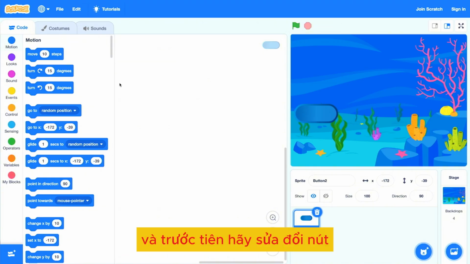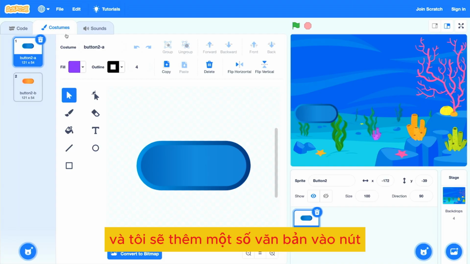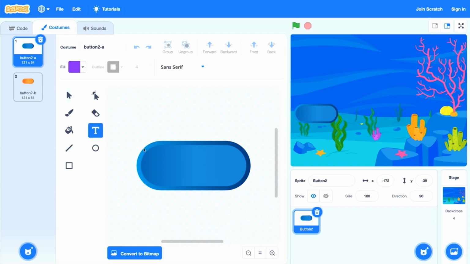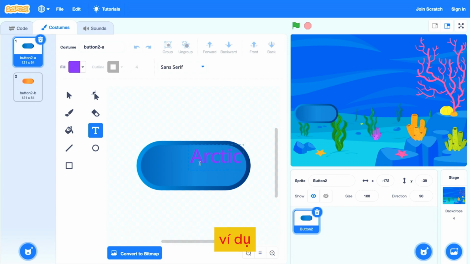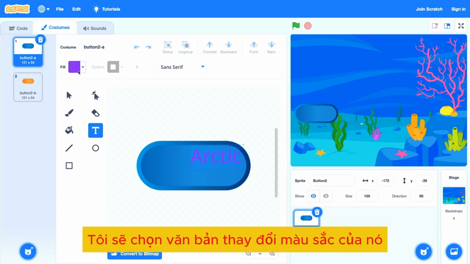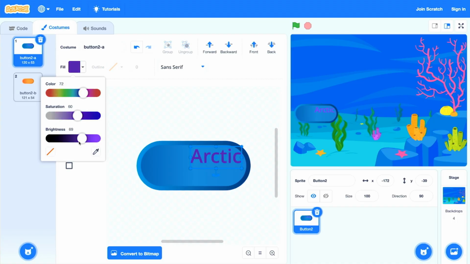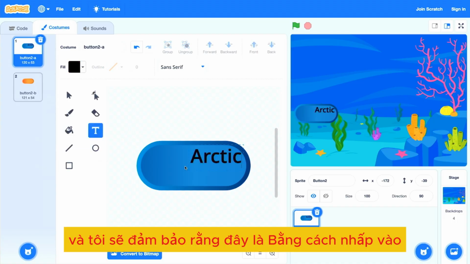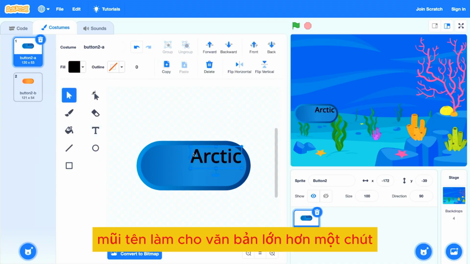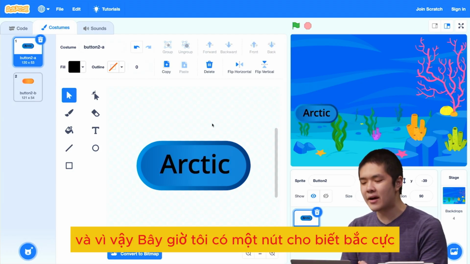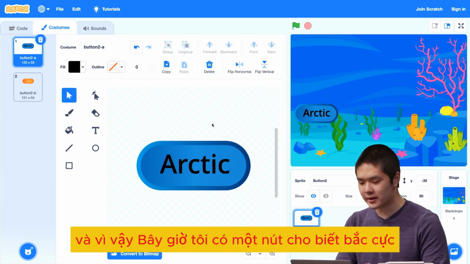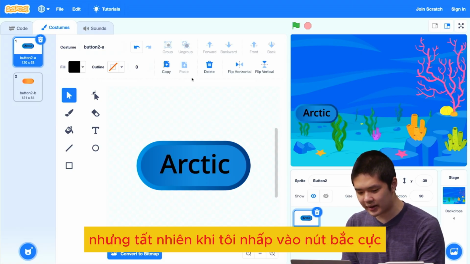And let's first modify the button. I'll go to the costumes, and I'll add some text to the button. The text will say Arctic, for example. I'll select the text, change its color, and by clicking on the arrow, make the text a little bit bigger, and center the text approximately on the button. And so now I have one button that says Arctic on my project, but of course when I click on the Arctic button,